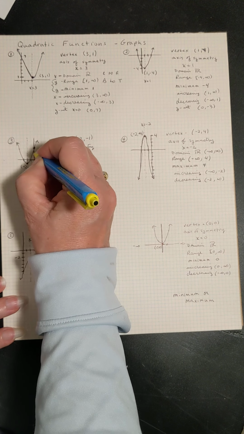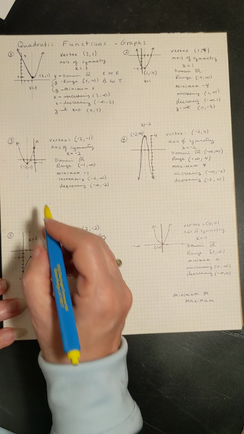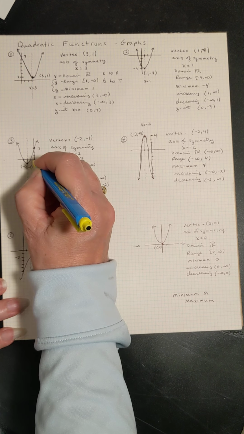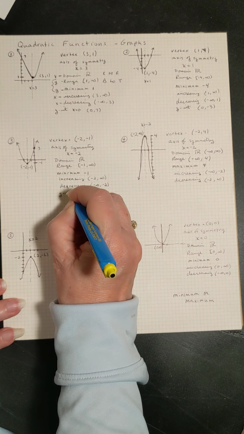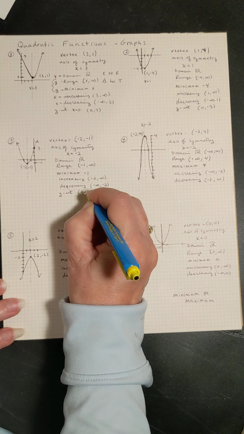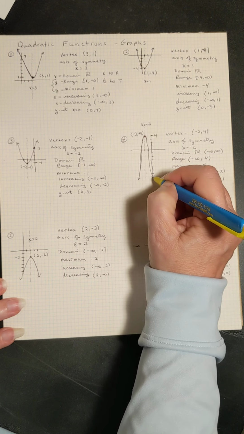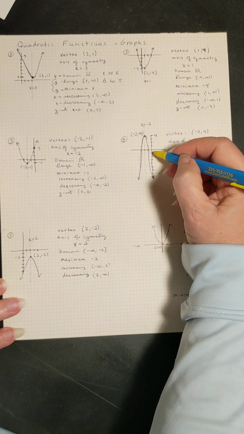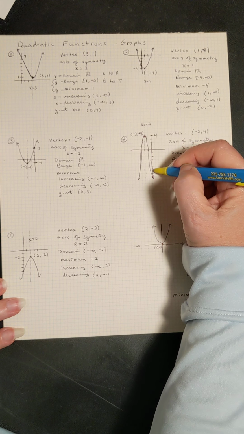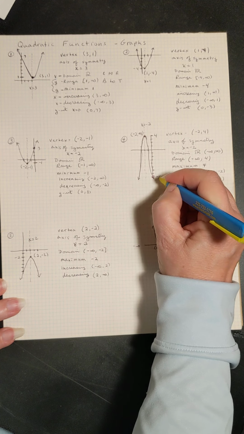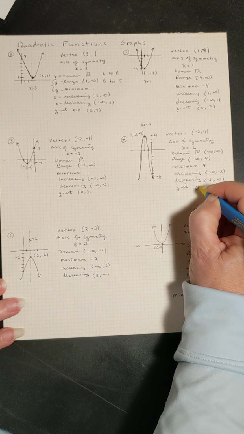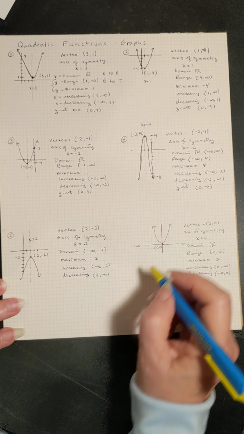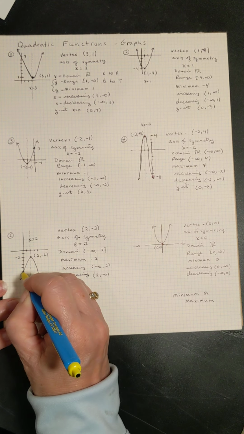I wasn't very careful when I drew it, but it hits at where the y-coordinate is 3. So the y-intercept here would be 0, 3. The y-intercept here, let's count, 1, 2, 3, 4, 5, 6, 7, 8. So that's -8. And again, the x is always 0. And then this one hits here, so